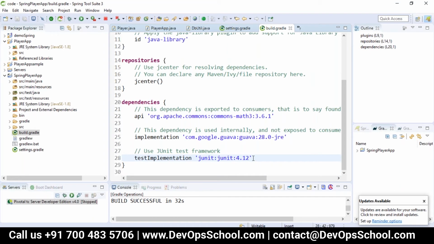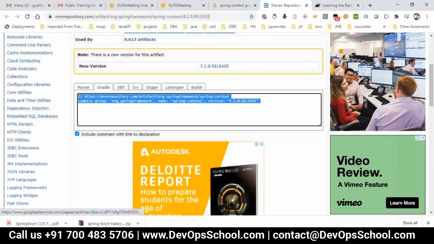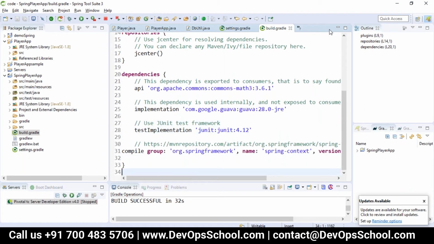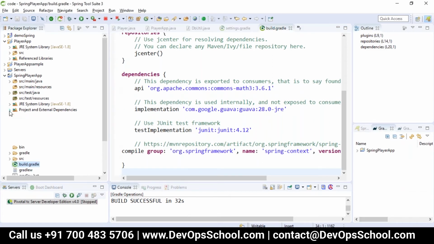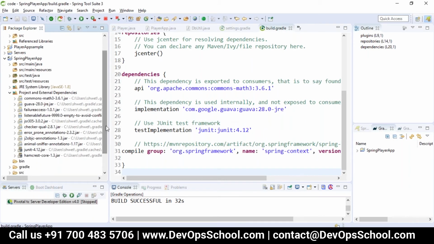So here we will add the dependencies. So what are the project and external dependencies here? Oh, it has still not built the project for Spring context.